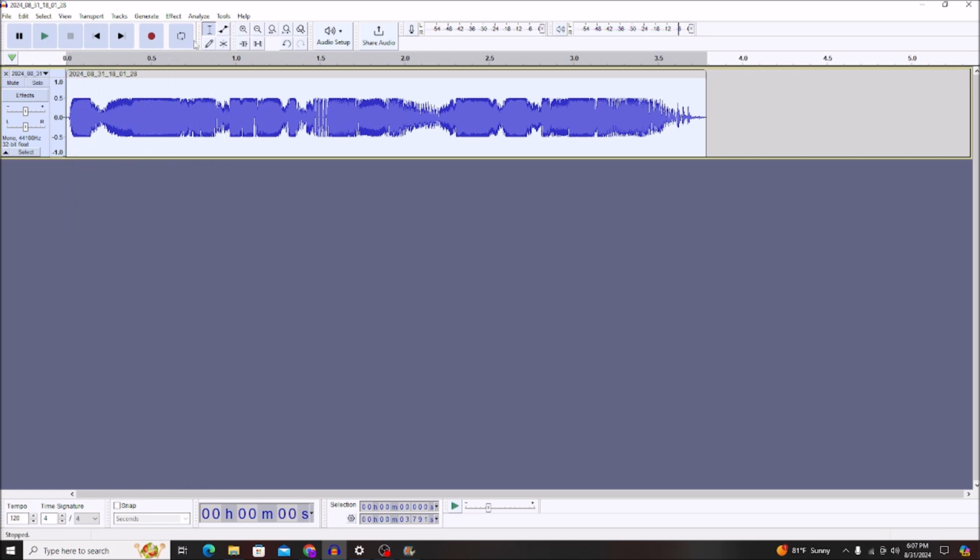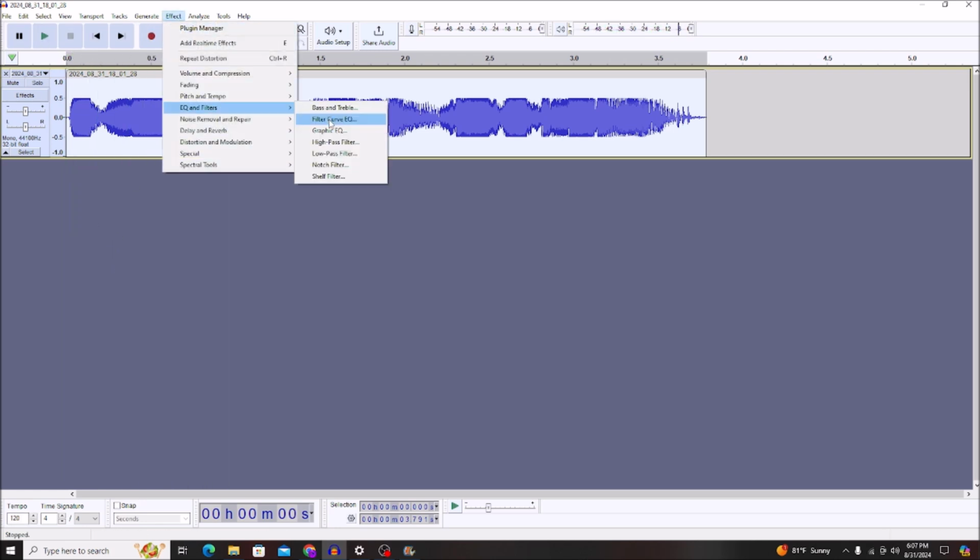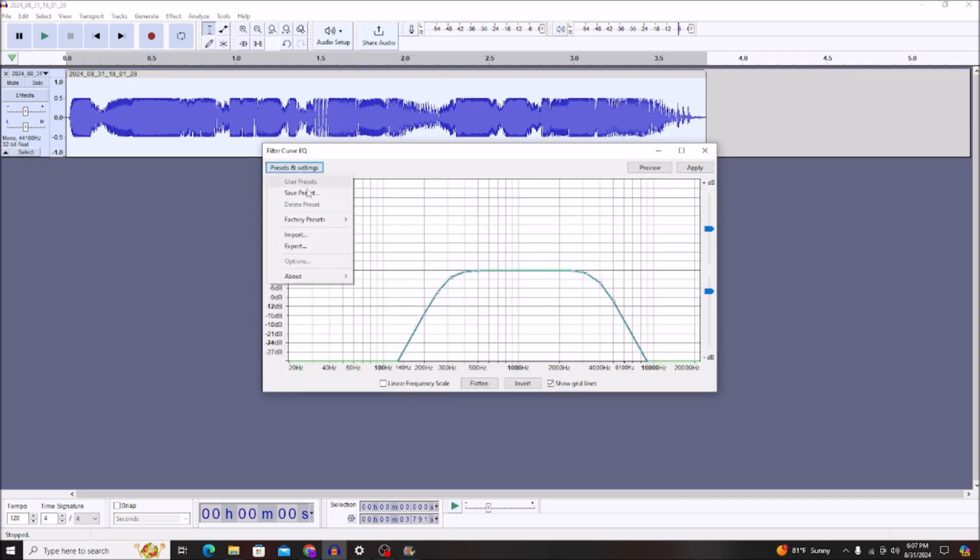Now the final touch, we actually go to Filter Curve EQ, go to Presets, Factory Presets, and click Telephone. Mine's already had it, as you can see I already had it prior, and once we apply that,